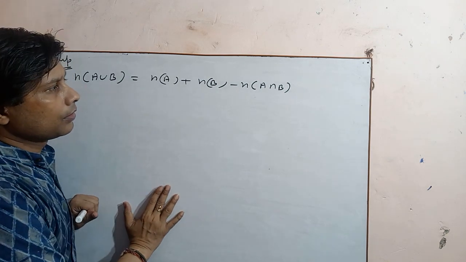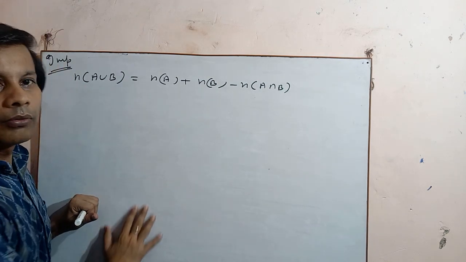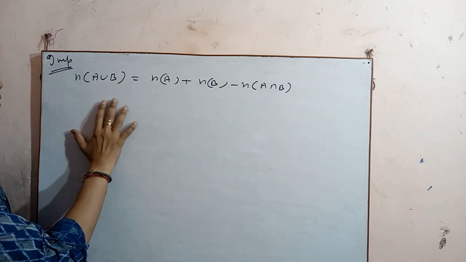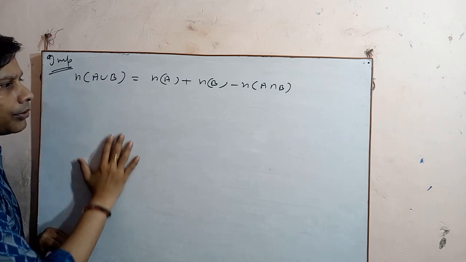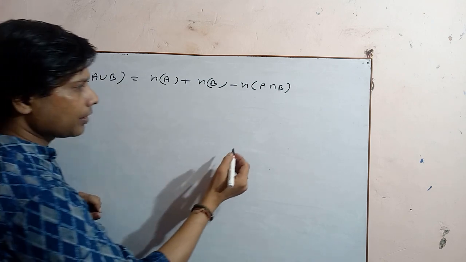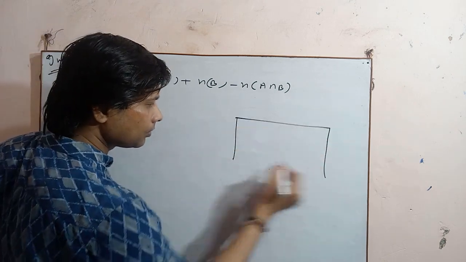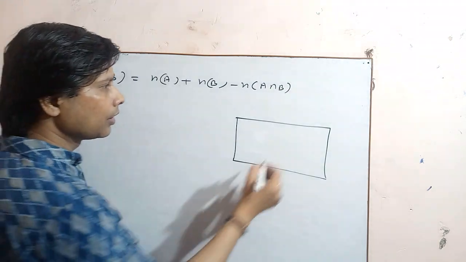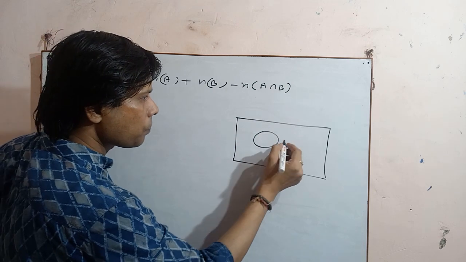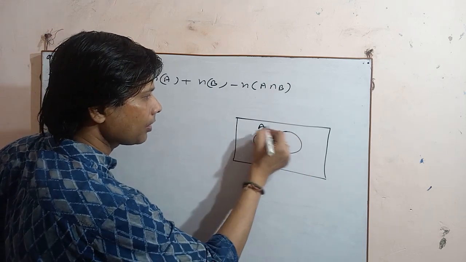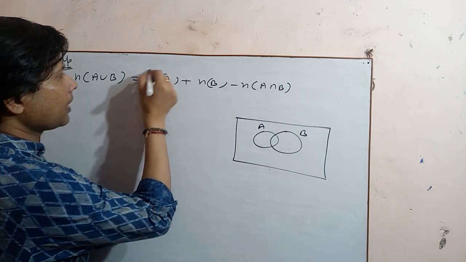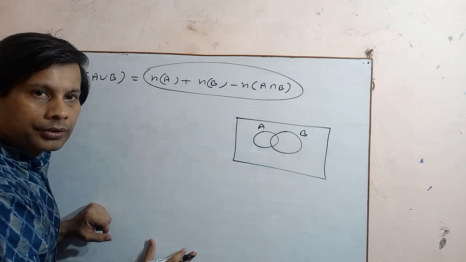In class 11th, in the last videos, if you will see, there is this important formula we need to prove by using the Venn diagram. That is very important. So for this, suppose there is one universal set as a rectangle, we know, and suppose there are two sets A and B. Okay. So here, suppose the right hand side, I would like to see what will happen over here.